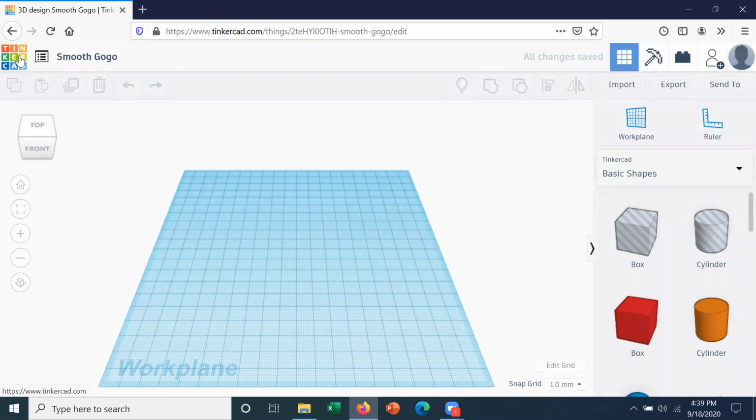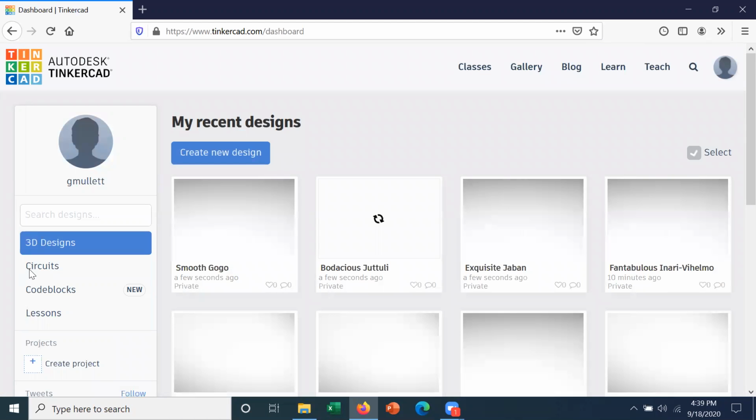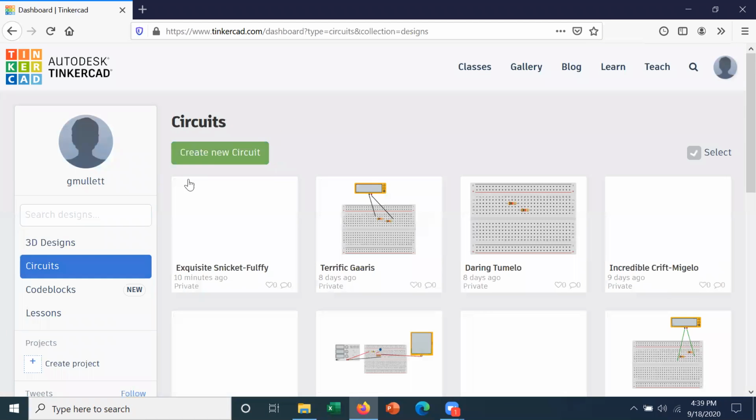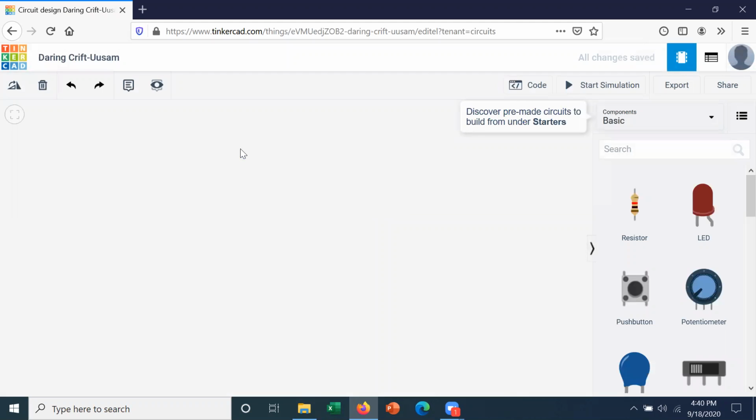I got too anxious. I'll go back over here to the dashboard, and let's see, I've got to go to circuits again. Here we go to circuits, create new circuits. Let's see, just click on this button here. So if I create new circuits, hopefully we get to the workplace. Here we go. Okay, so finally, and just to review very quickly,